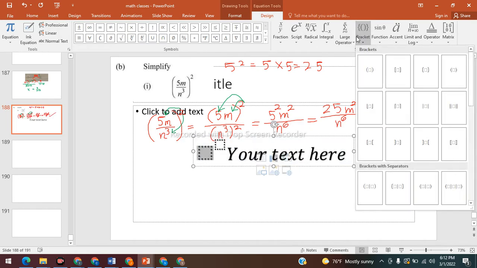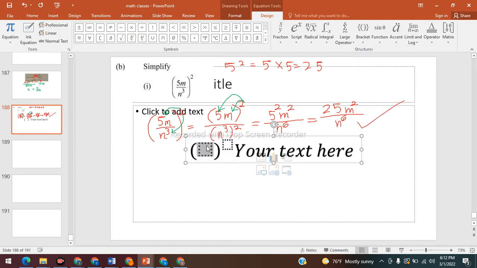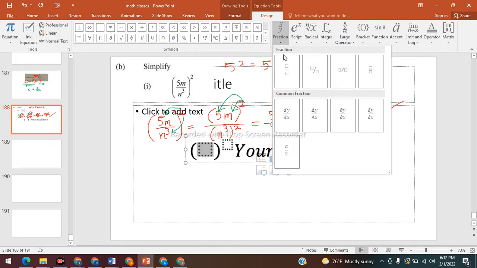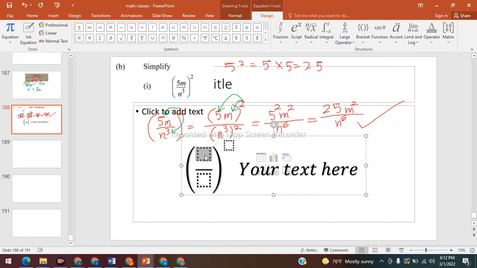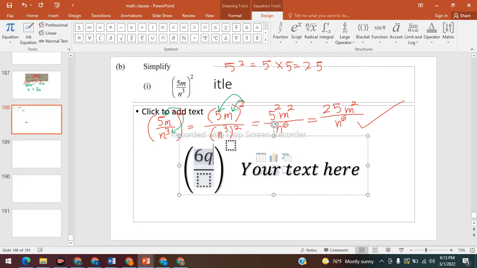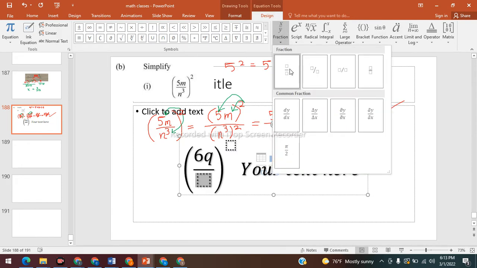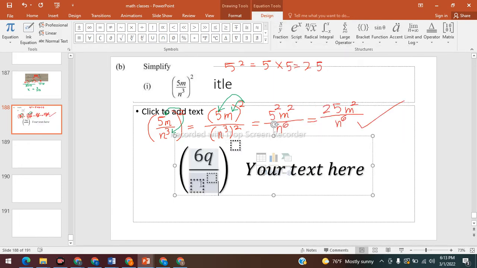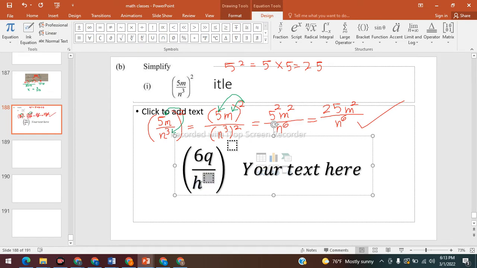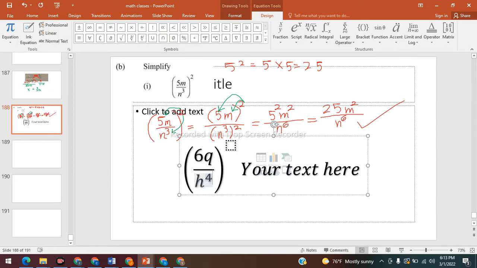Inside an open bracket, let's put a fraction. So let's say we had 6q divided by h to the power of 4, all raised to the power of,